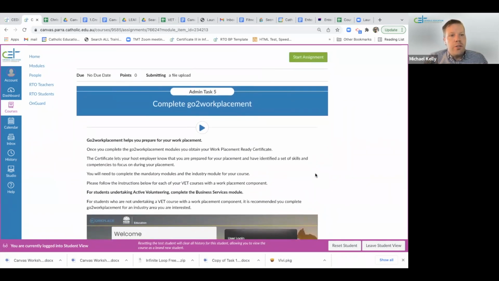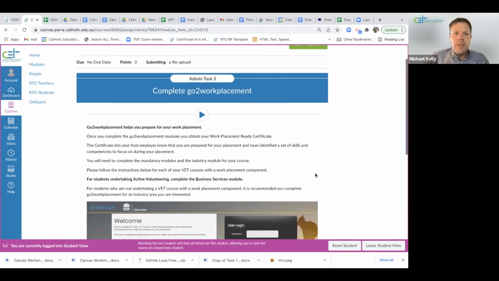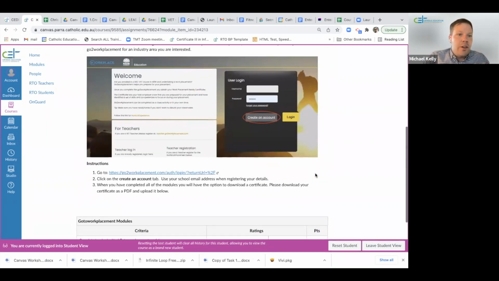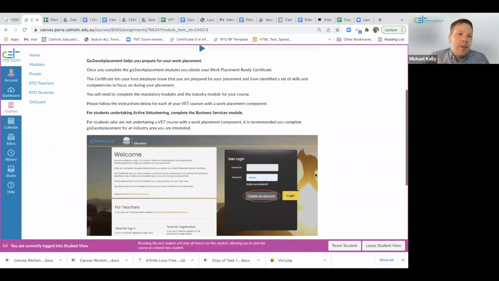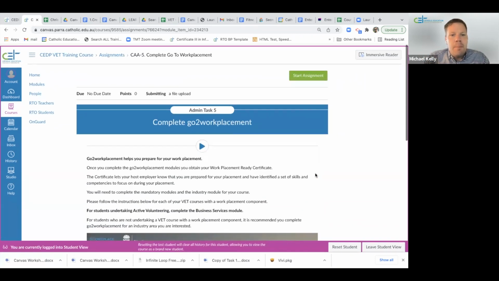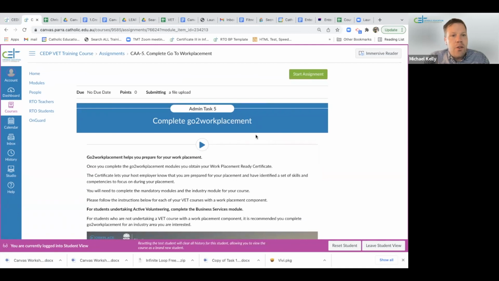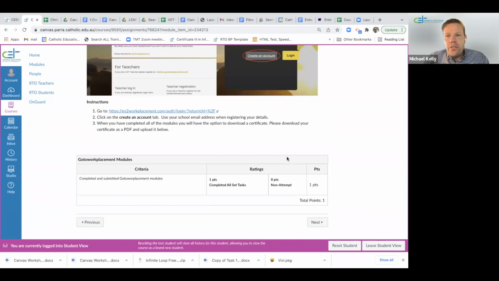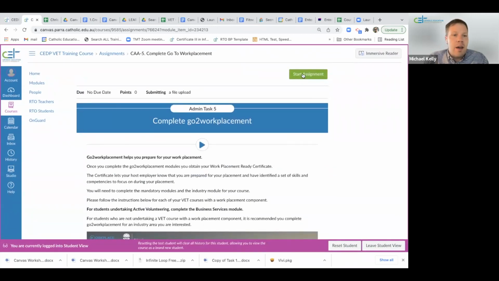Obviously all students need to do a training program before they go out on workplace placement to make sure they're safe and so on. For this one, we are actually going to get them to submit their certificates in a moment. So the first thing that you guys are going to submit is your USI, and the second thing you're going to submit is your work placement modules. So you go to admin task 5. You can just click through the way I have, and then you just need to go up to here, click start assignment,